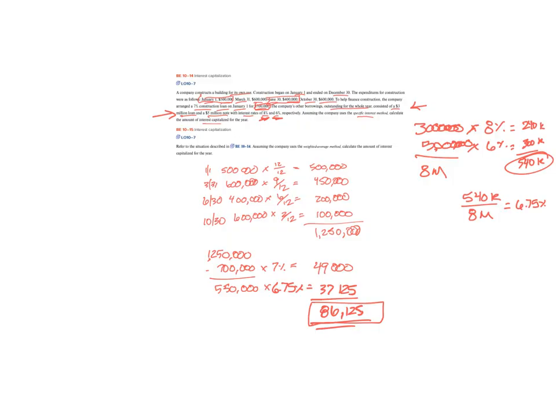The second problem included here is BE 10-15. BE 10-15 asks us to do the same problem, but instead use a total weighted average method. So we're going to use the same information that we had here, and namely our biggest efficiency is we're going to utilize this $1.25 million in terms of weighted average expenditures, but we're going to do so with a single interest rate that's going to be a weighted average interest rate. To do that, I'm going to change colors real quick, and we're going to calculate the weighted average interest by taking the $700,000